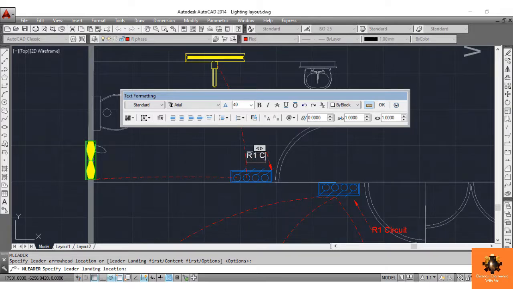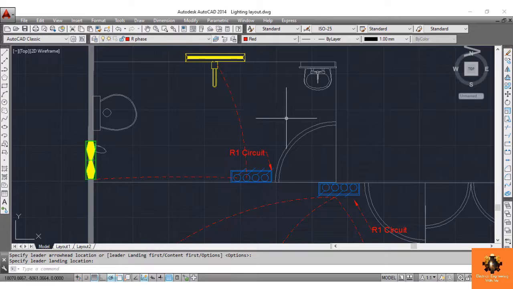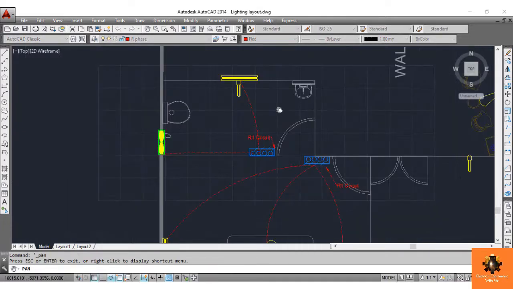Again write the name. Okay, so this is for the bathroom.